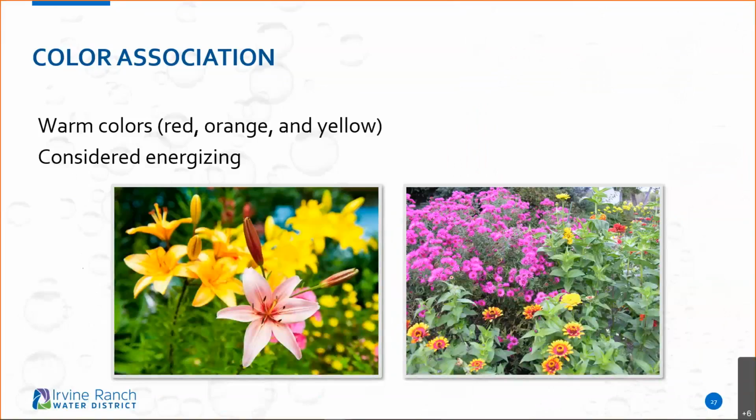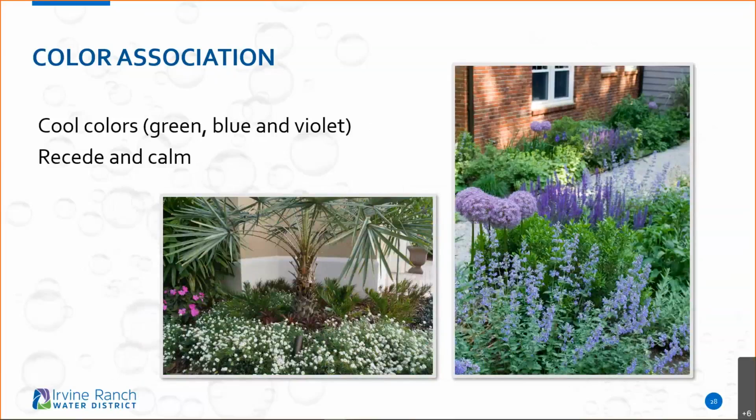Who doesn't love flowering plants? I mean, color association is a big thing. One thing I know is that the warm colors, the yellows, the reds, the oranges, they pop. When they go into bloom, you notice that. And what a good way to bring flower color into the landscape. And there's also the cooler colors, which you can use as backgrounds or small highlights in general. So the greens, the blues, the violets, the whites. Once again, this has to do a lot with design, but overall, it's important to consider the colors in your landscape and how they're going to change throughout the year.